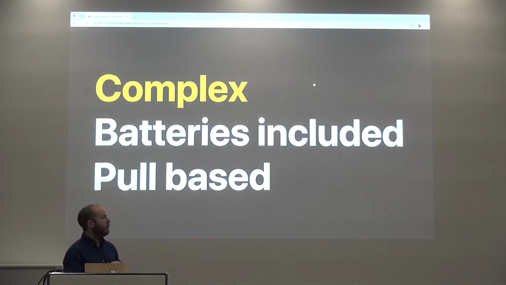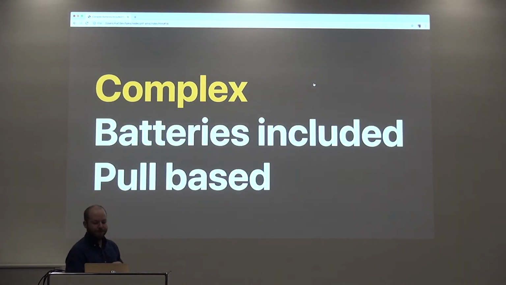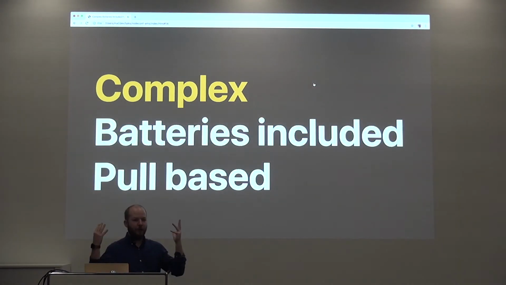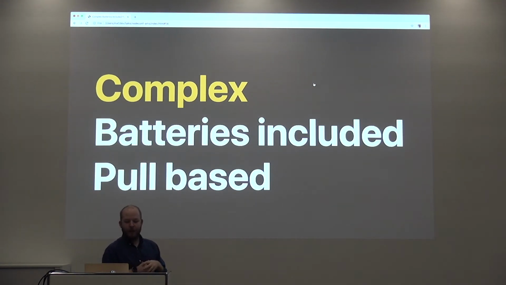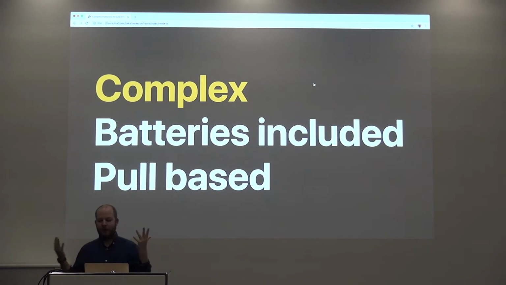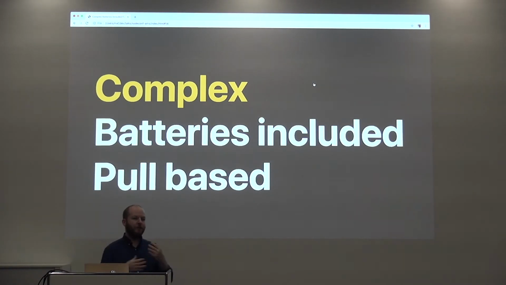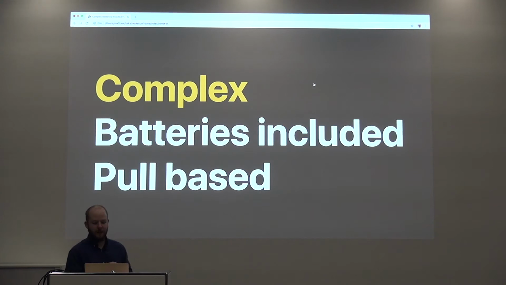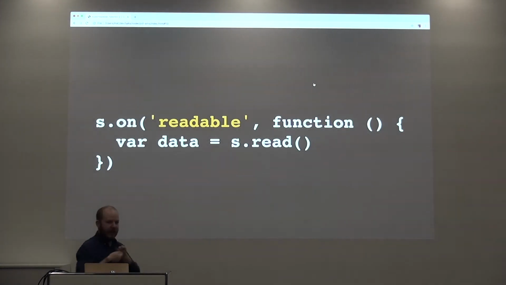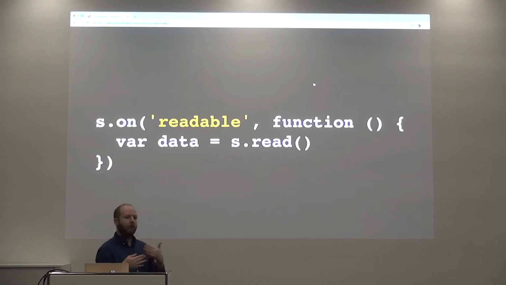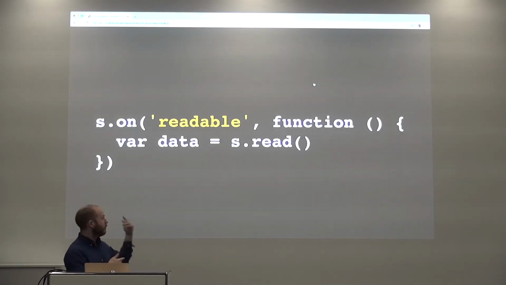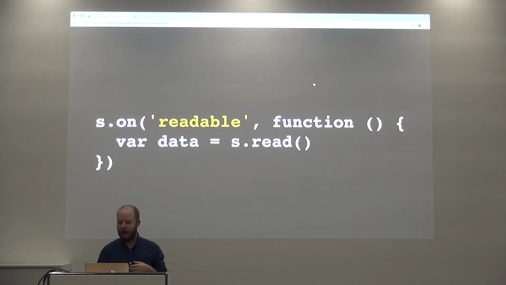But it turns out it was really, really complex, and it was really hard to work with because nobody really knew how it worked, and you get all these mistakes. But it was this approach that I like to call batteries included, where you didn't have to do much as a user. You just had to implement your read methods, and then that was cool. And it was what we call pull-based. Pull-based means here that you're taking data out of it. You're not getting data thrown at you. So you don't have all that pause logic. It's easier because you just don't take data out of it until you're ready. That was the idea.